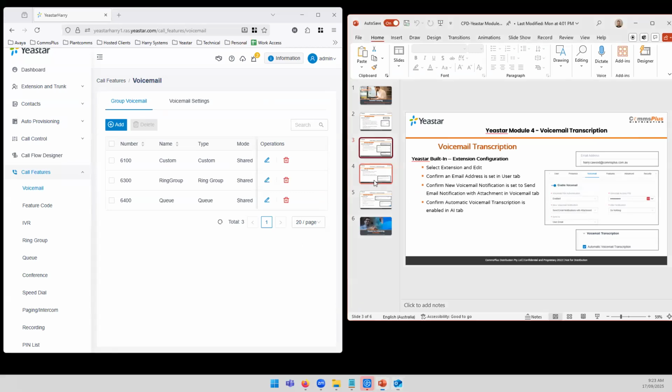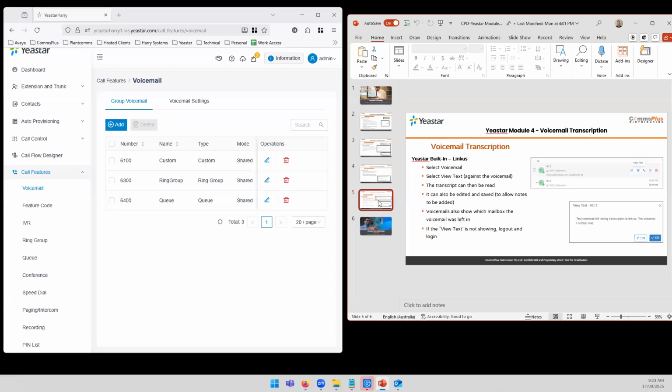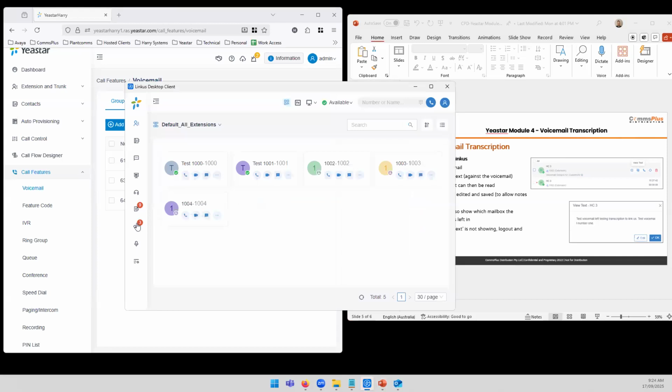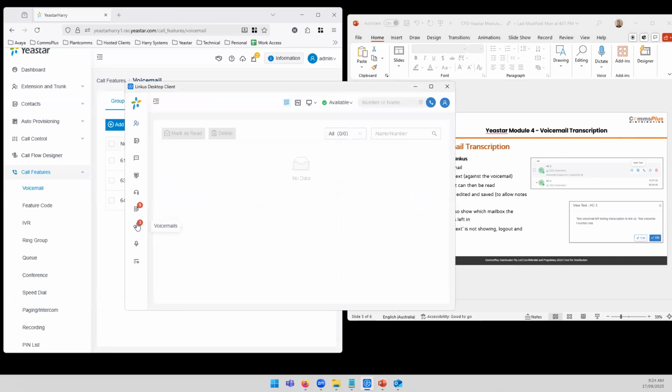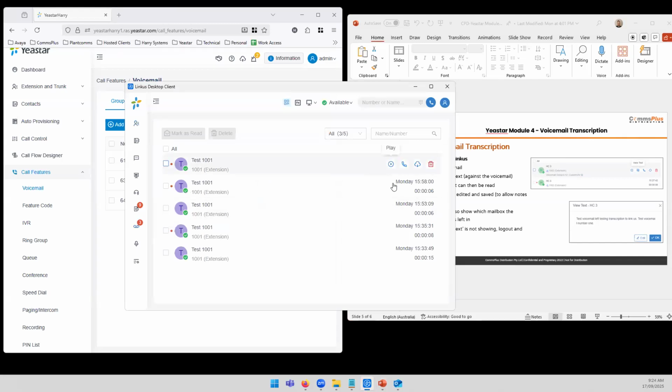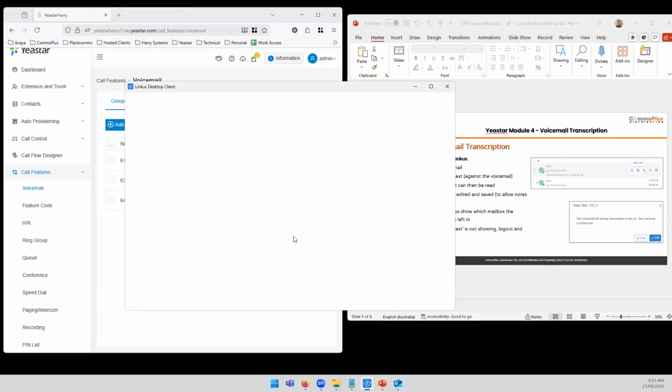So basically it's really easy to turn on and enable. You can also see it in your Linkers app. Just see if that's come across. So this is extension 1000 in the Linkers. And in here, and sometimes again, what I've found is it can take time, or what you can do is you can log out